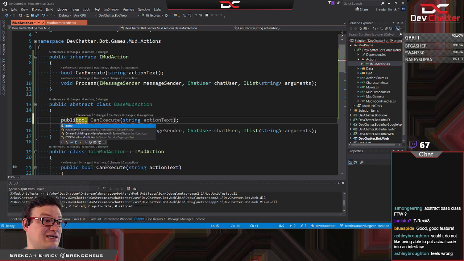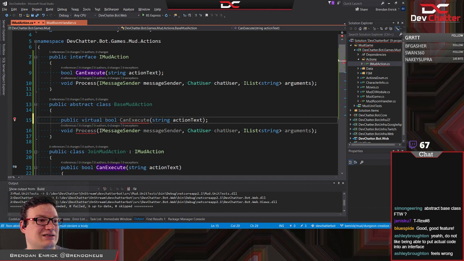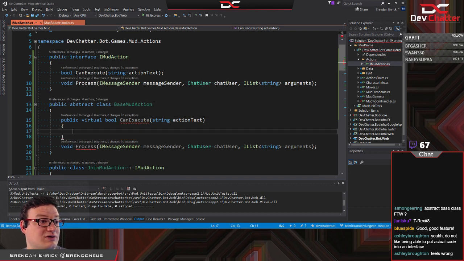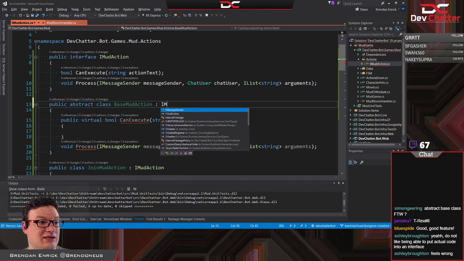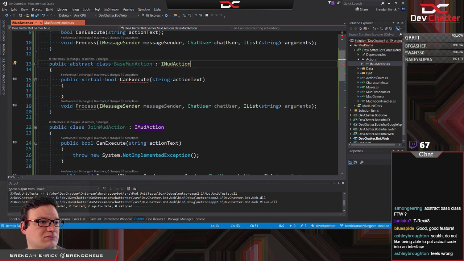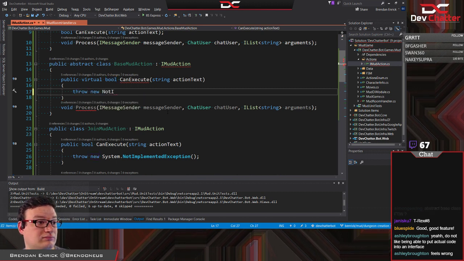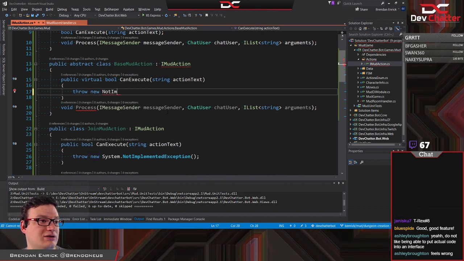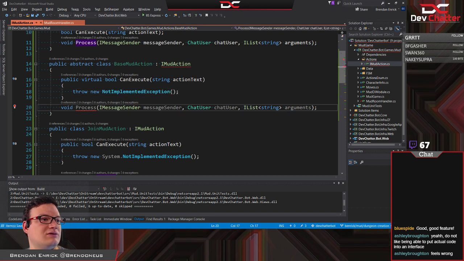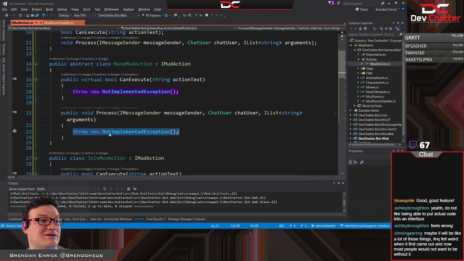So public virtual boolean CanExecute, and this is going to be one of those. MudAction. Throw new NotImplementedException. There we go. And then down here, I realize I should have just done the interface to begin with instead of copying the thing.